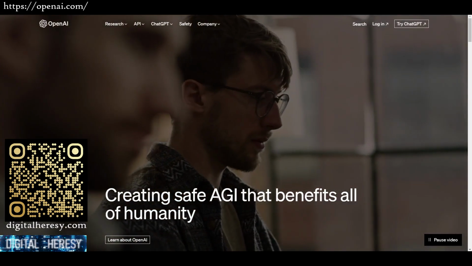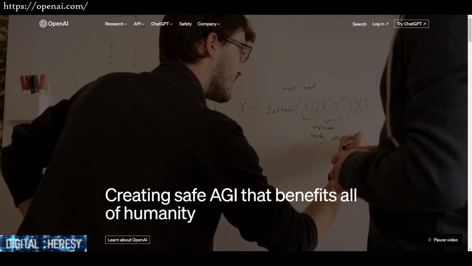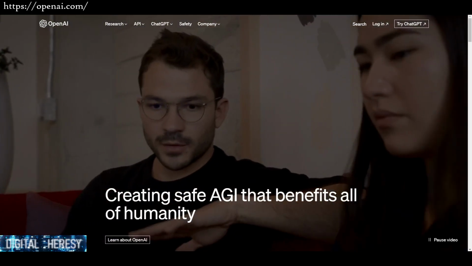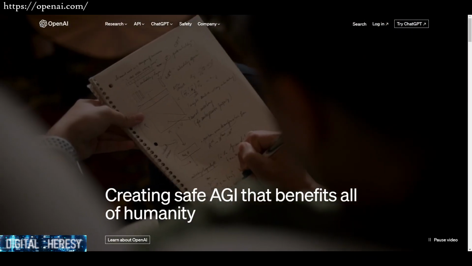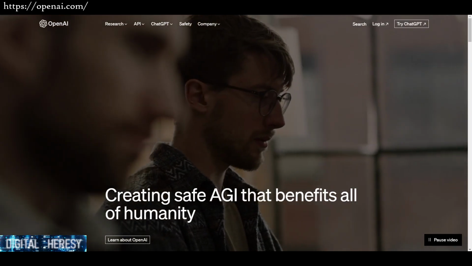So with that out of the way, the first thing we're going to do is go ahead and launch a web browser. And we're going to go out to a website called openai.com. And I've got the URL in the upper left there in case you need to pause this video and type it in. And once you type it into your browser, you're going to end up on a screen that looks like this,